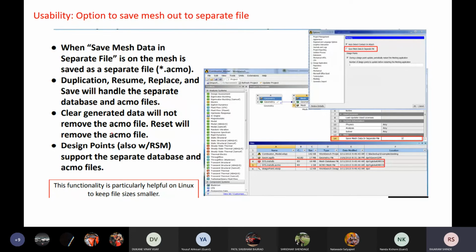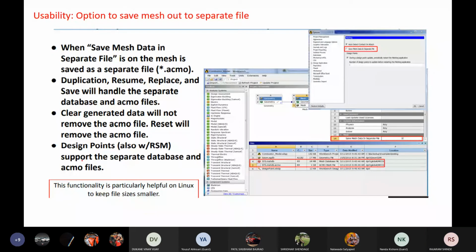Reset will remove the ACMO file. Design points also support the separate database and ACMO files. The functionality is particularly helpful on Linux to keep the file size smaller. This is not an important thing; you can save the mesh in a separate file.